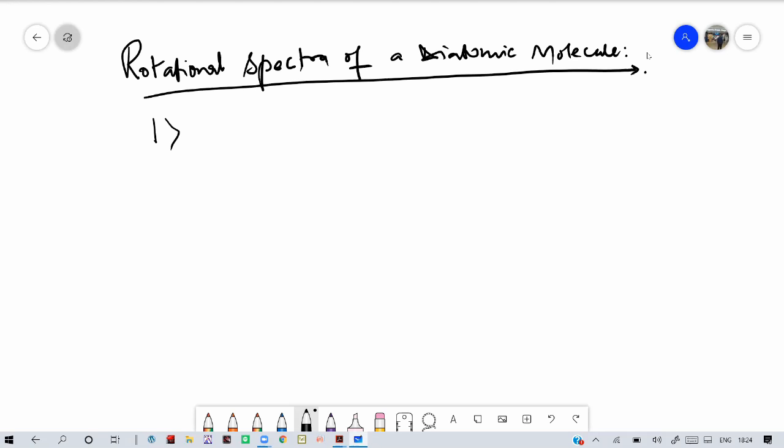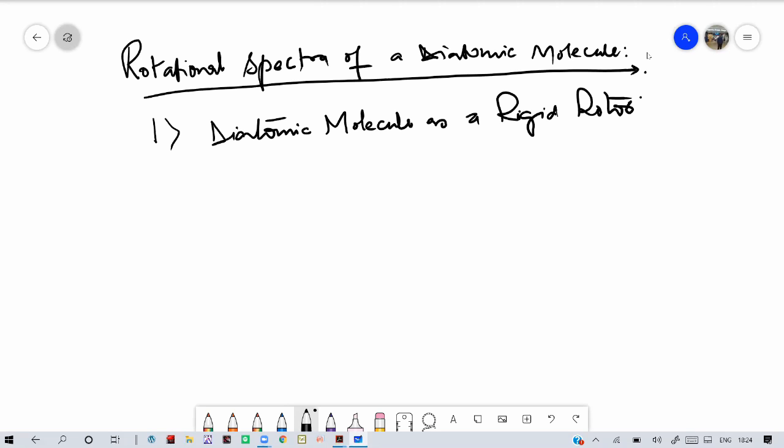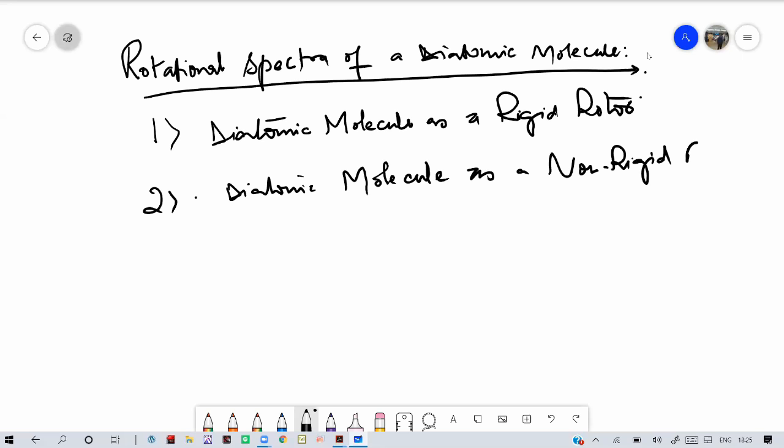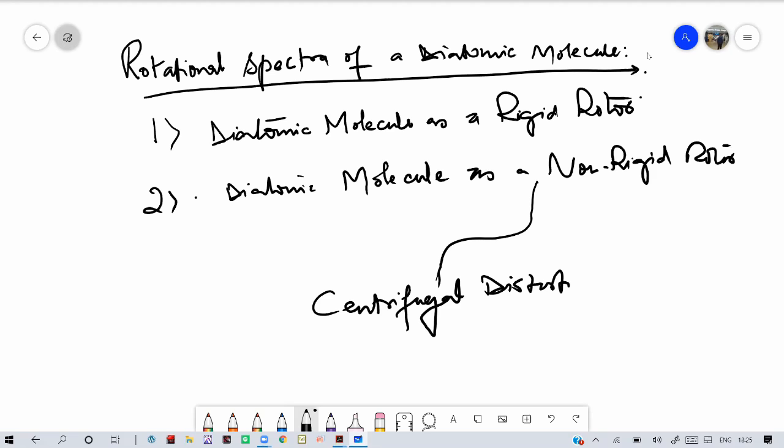One is that we will treat the diatomic molecule as a rigid rotor. Second is that it will be treated as a non-rigid rotor. For this, there will be a term called centrifugal distortion. When we discuss this, we will understand what it means, because if you have